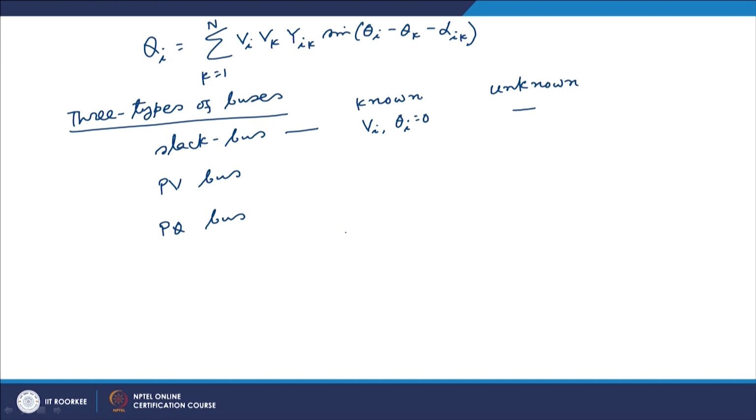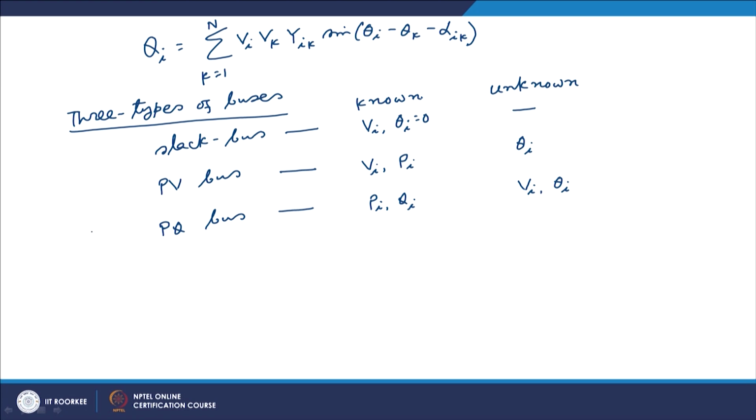So, here we do not take our unknown as P I and Q I, rather we see at how many buses voltage magnitude or angle or both are unknown. That is what we are now trying to see. At PV buses, our known are V I and P I. So, unknown would be theta I, and at PQ buses our specified quantities are P I and Q I. So, therefore, my unknown would be V I and theta I.